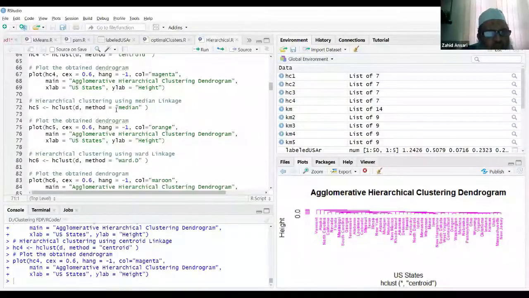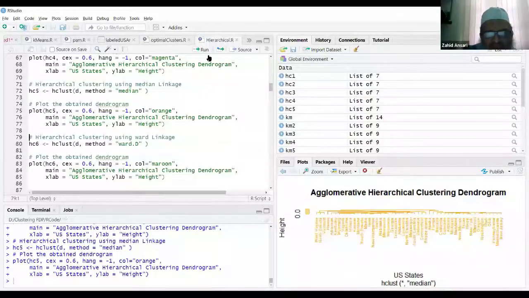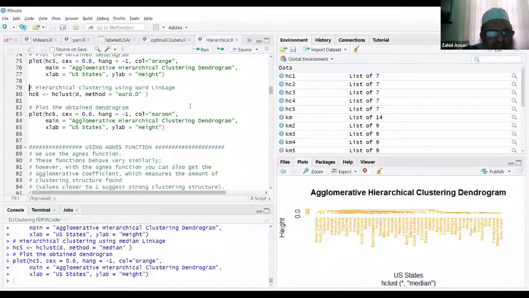Then there are two more links. One is median. Like we have the centroid, where we take the distance between the centroids, similarly we can take the distance between the medians. If we use that, then we get this kind of dendrogram with medians. And the last one, we are using the Ward linkage.